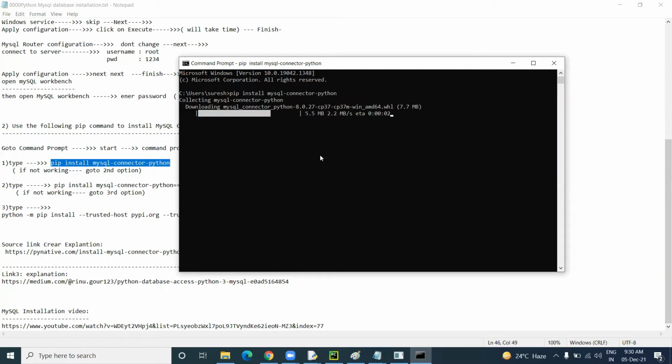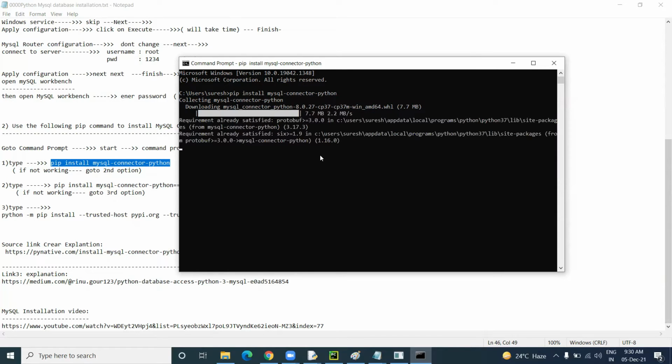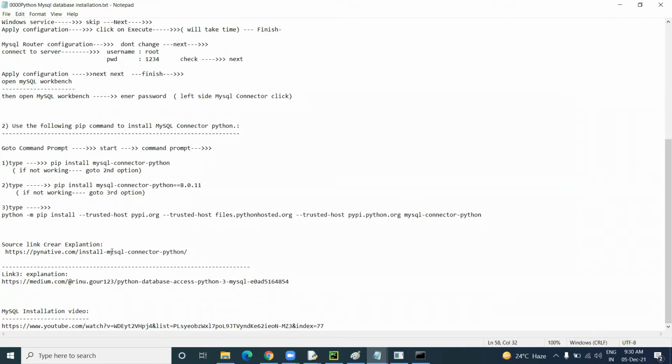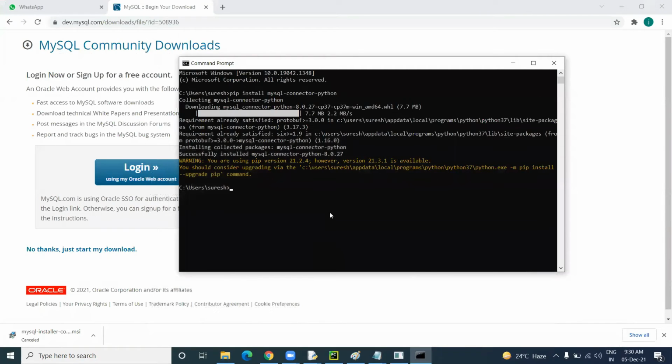It is downloading the MySQL connector. After this installs successfully, you can see MySQL is installed properly. After that, you can use it in your system. This is the installation steps for MySQL.